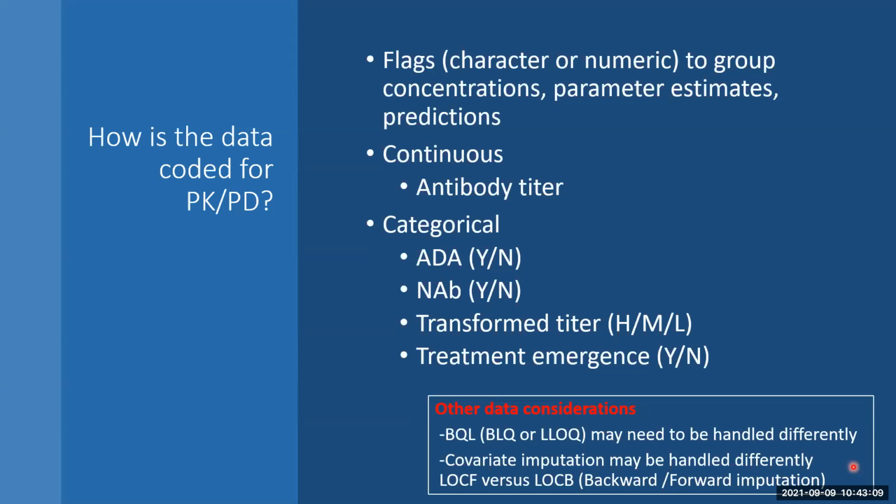So as I mentioned, we might take this information and code it as a flag, right? So we would say, yes, there is a presence of anti-drug antibody. No, there's not the presence of anti-drug antibody. We might pull information from further ADaM data sets like ADSL, like an ADIS, where they might apply some criteria to say that this patient has treatment emergent anti-drug antibodies, which we might not have from the source. So let's say, for instance, our source SDTM really only presented raw data. So we might be pulling some of those positive, negative type evaluations from the raw data and including those as flags, as true flags in the sense that they have a binary value of 0 or 1. We might also